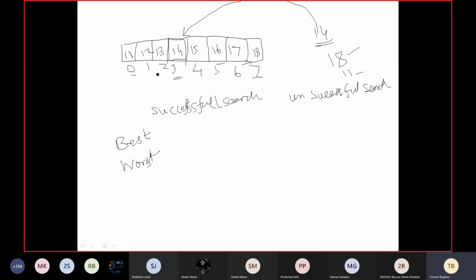So all these 3 conditions are for successful search. 14 is also present, 18 is also present, 11 is also present. So all these 3 are the successful search. So one will be the best case, another